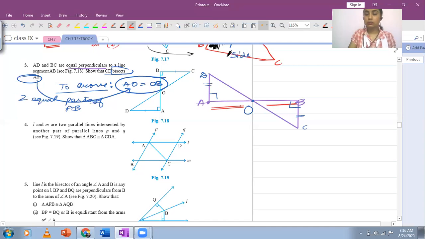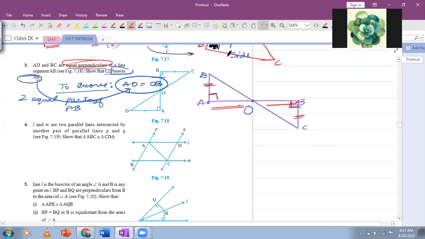And what we're going to do is consider these two triangles, for which these two will be the corresponding parts in case we prove the triangles to be congruent. In order to prove these two triangles congruent, we have a right angle already. So you can take this pair of right angles, and then you can take these two perpendiculars which are given to be equal. This is indicated in the question that the perpendiculars you have drawn are equal in length. And then the third thing we require here to write down the congruence criterion.